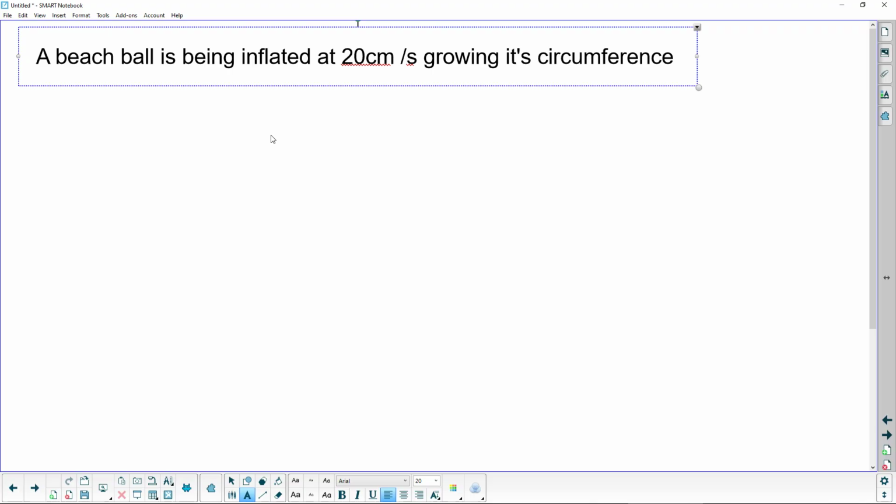So we're not talking about radius, we're talking about circumference, okay? The beach ball is inflated at 20 centimeters per second, growing its circumference when the diameter, so I'm going to